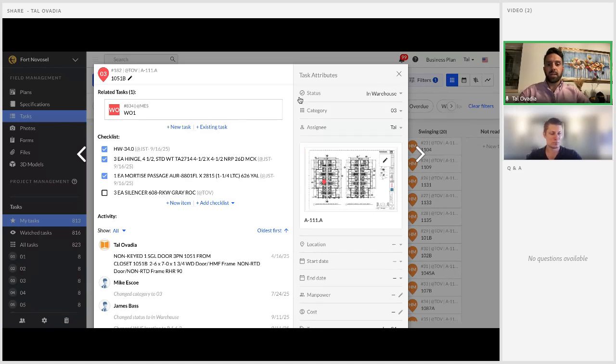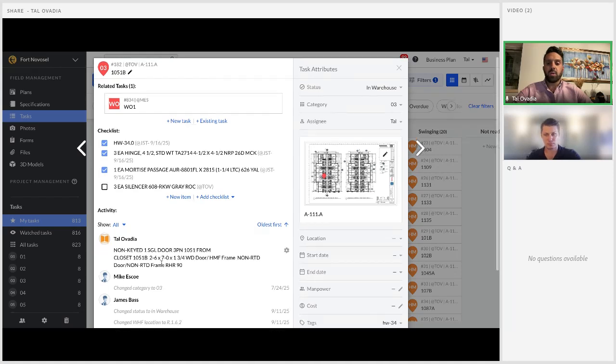But what we're doing with checklists, and we do this before we import the tasks so that they're associated with existing checklists already in Fieldwire, is we use checklists for the hardware sets. So when you open up this door 1051B, I want my employees to be able to see what that door looks like.